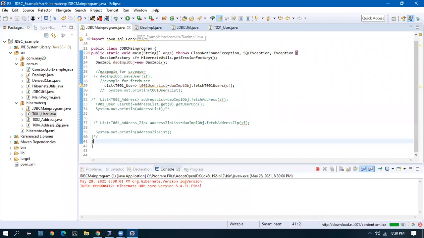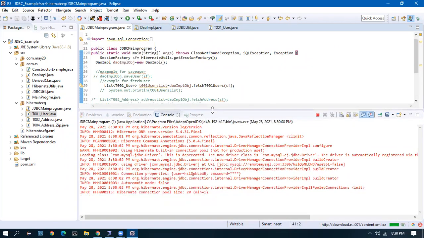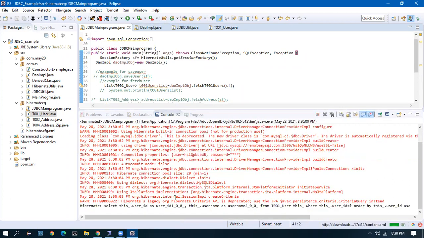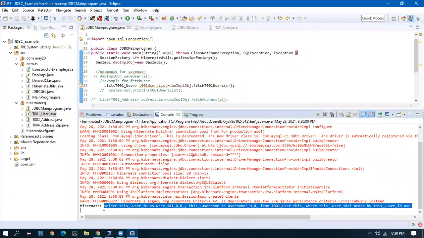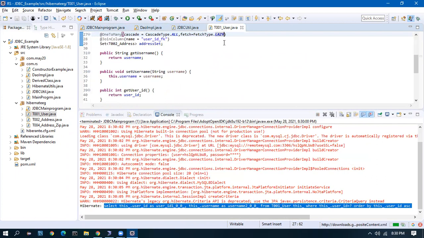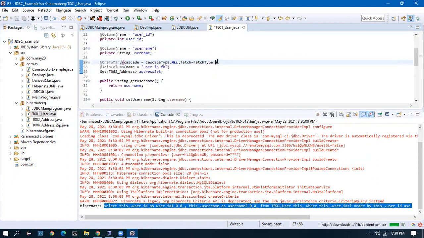Now I execute this. We'll just watch the number of queries being generated. When I fetch the users, see here, only the user is fetched. Now let us change this to eager.